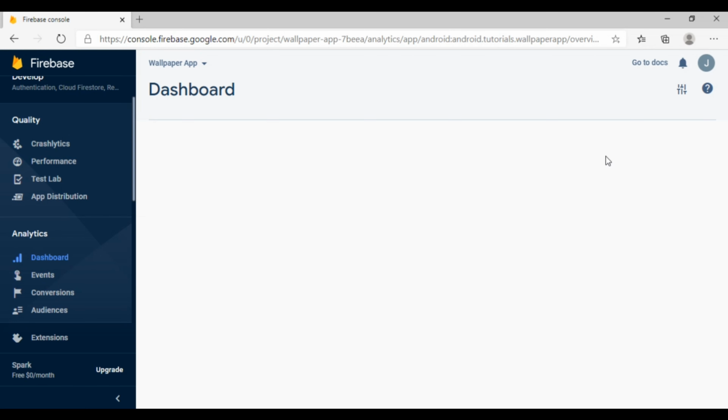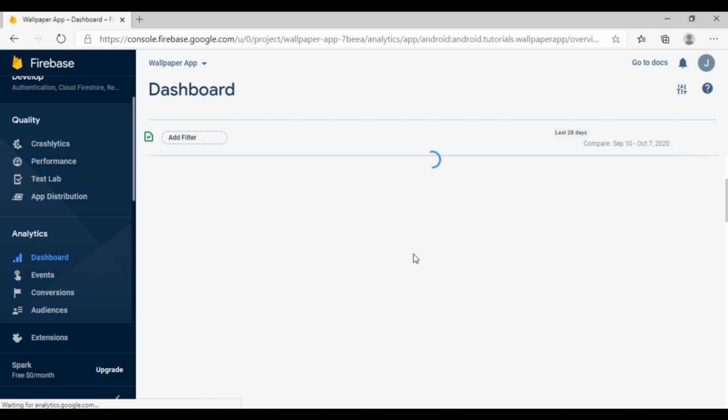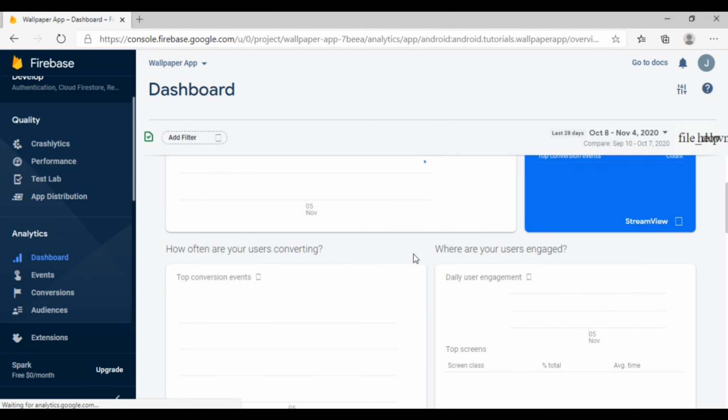This may take some time, it depends on the internet speed that you have. Okay, so we got our Google Analytics default things, but our live data will be captured within 24 hours. So this will be automatic, so don't worry about it.